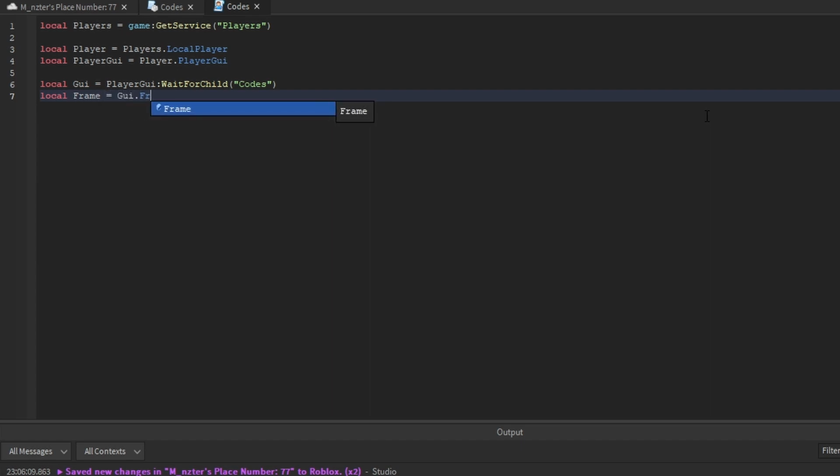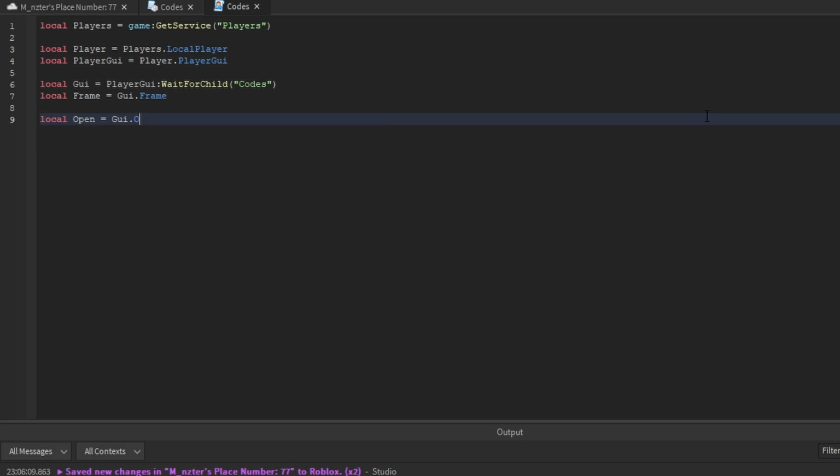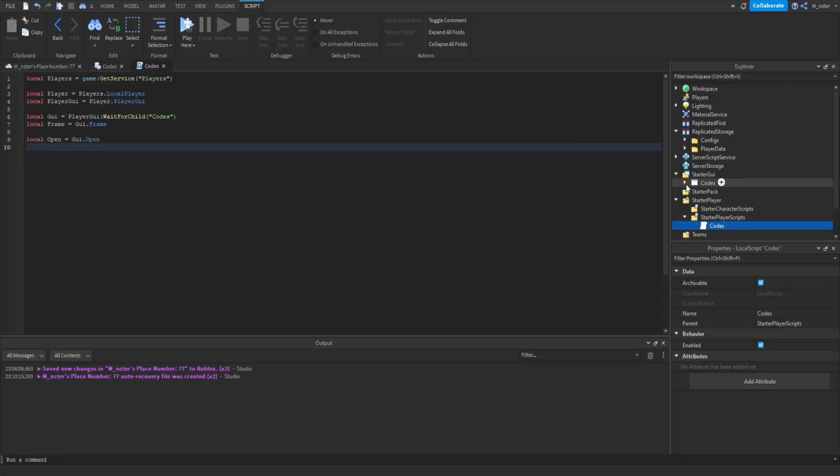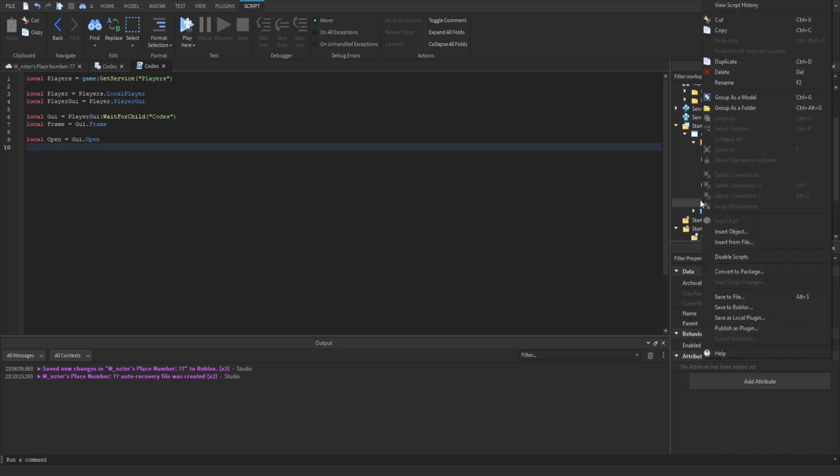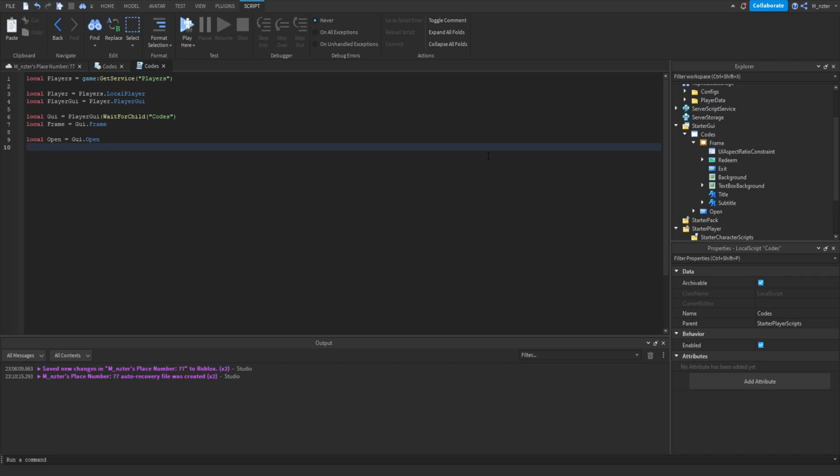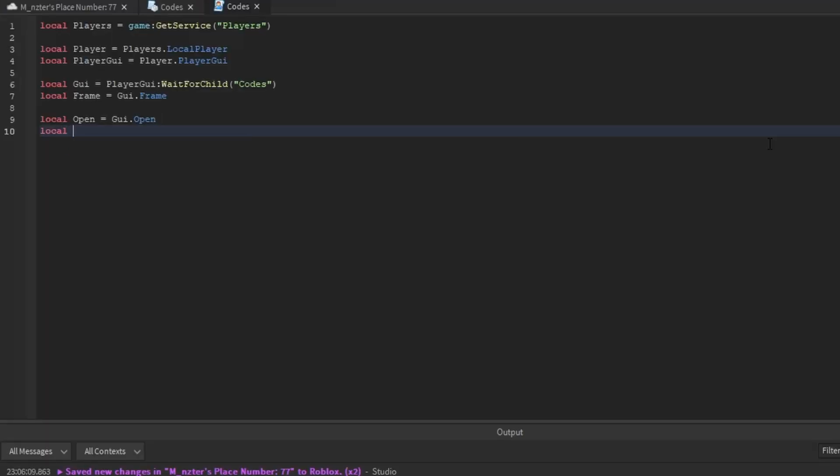So frame equals GUI.frame. And now we can create a variable for the open button, which is going to be equal to GUI.open. And if you guys are confused as to where these variables are coming from, you can go inside your StarGUI, open up the codes GUI, and this is where everything is actually coming from. So we can expand the frame if maybe we forgot some of the different things that we want to make variables for. Anyway, now that we have the open variable, we of course can go ahead and make the exit